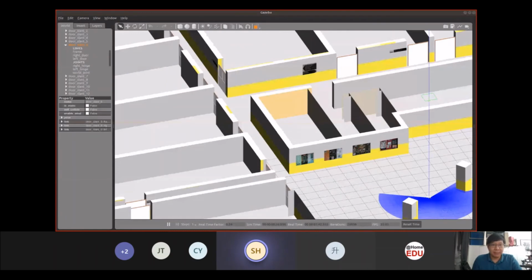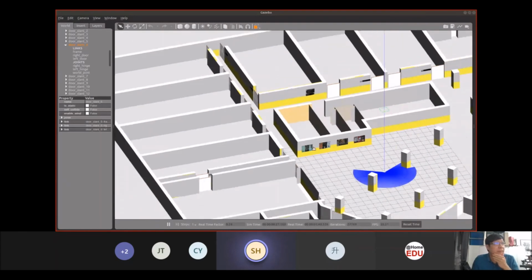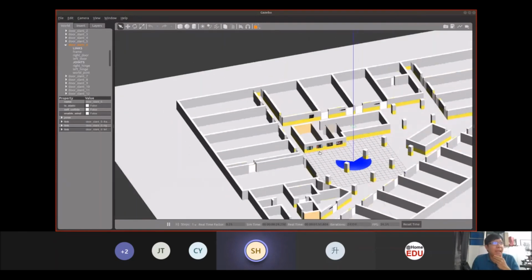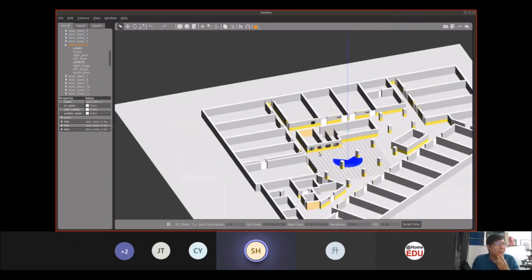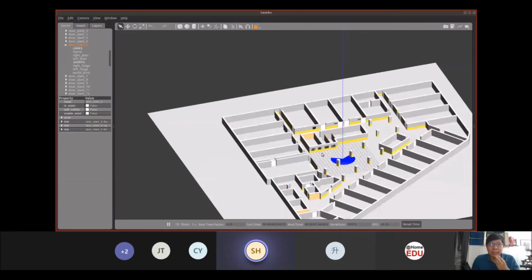Danny, sorry, can I ask one question about this model? How about the measurement? Is it consistent with the real measurement? Yes. So your students actually measure first before they draw? This one we can get the floor plan, for our university itself. That's why I can't release this out to the public. Okay, so they draw according to the floor plan. Yes, according to the floor plan.